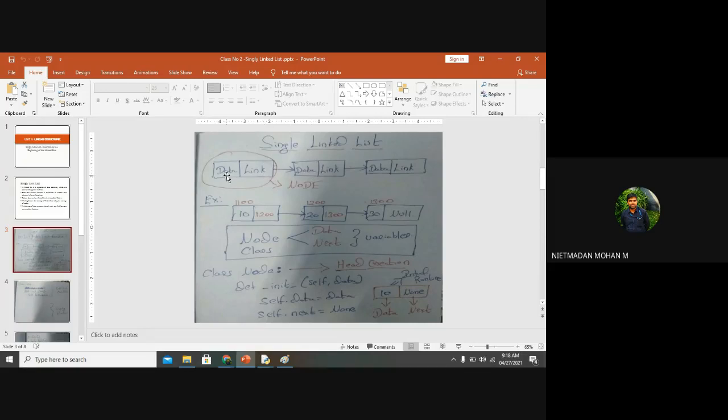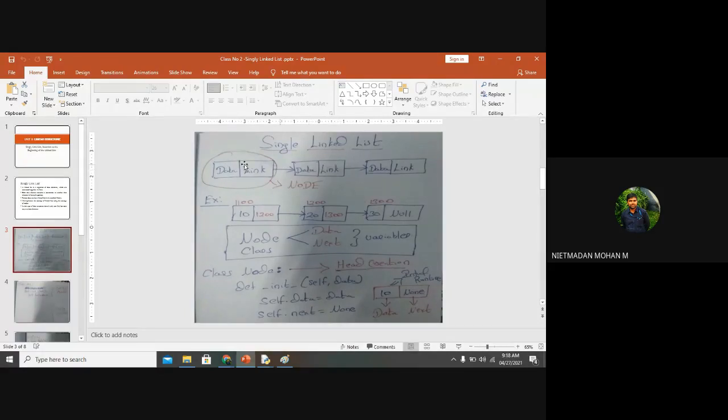For that purpose, we are collecting a data and we are collecting the link for the next element. So this will be considered as a node. This first node will be represented as head. So this is the concept. Here you can see an example. For this, we want to write a program for a singly linked list. We want to create a class named node. In that class, we want to get a data function and the next function.